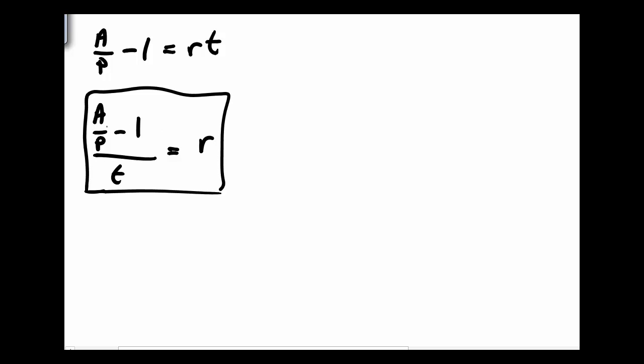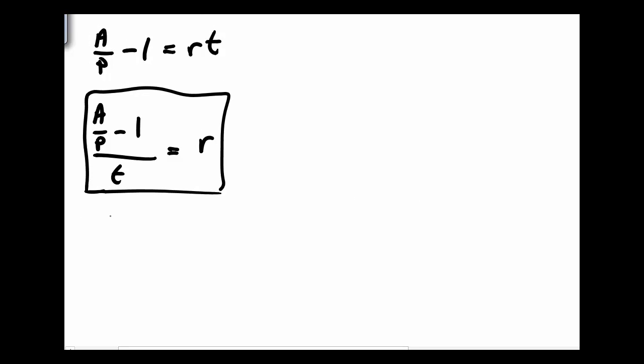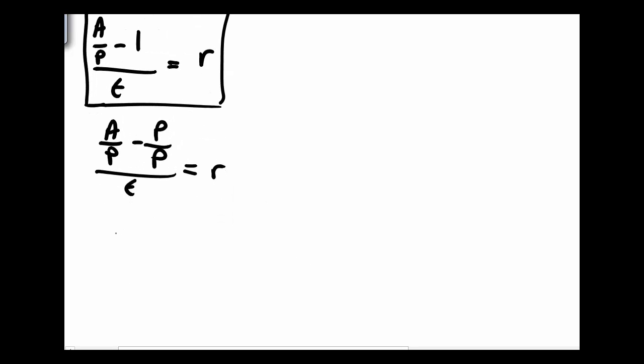Now, a couple of quick fraction rules that I can apply. I can take this 1 and rewrite it in terms of p. So I can take that to say a over p minus p over p, and it's still over t. And you're thinking, well, that didn't make it look prettier. It made it look worse. Well, hold on a second. Because the p's are a common denominator, I can combine those together. So a minus p over